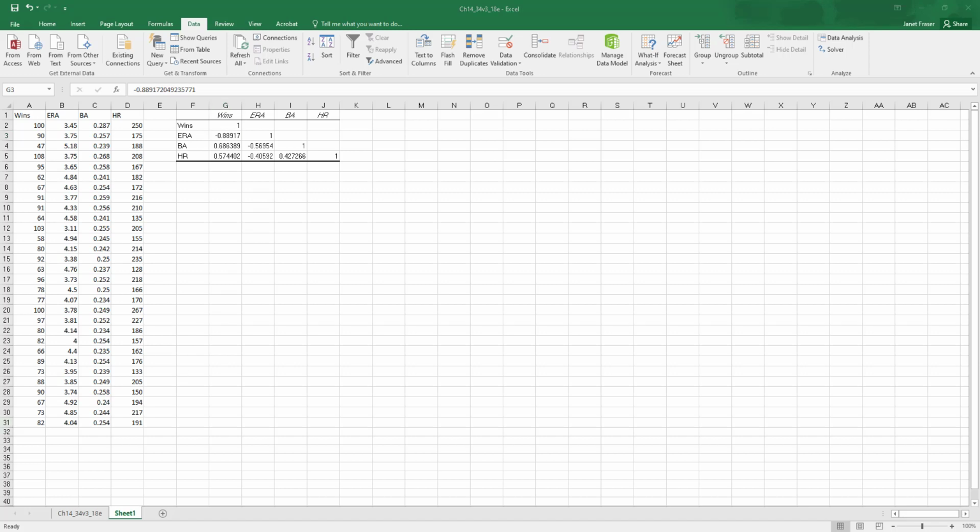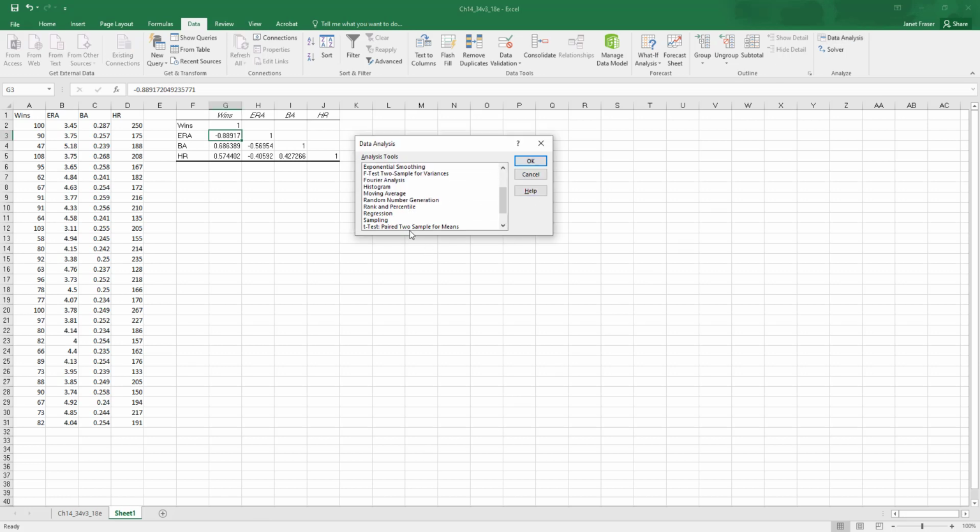The next part of the problem asks us to use a statistical package to determine the multiple regression equation of the variables that we used in the first part of the problem. And again, wins are our dependent variable, and then ERA, BA, and HR are all going to be our independent variables. So to do this, we want to use within data analysis, we want to go down and select regression,